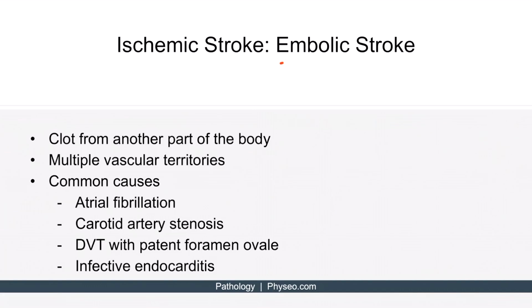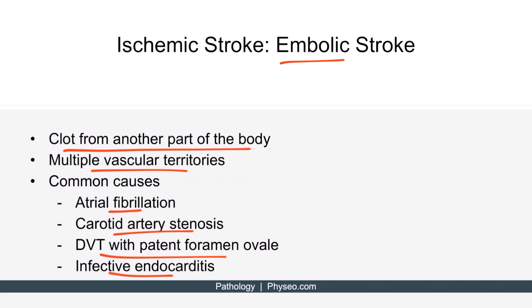Next is embolic stroke. An embolic stroke is caused by a clot from another part of the body obstructing a vessel. It can look the same as a thrombotic stroke on CT or MRI, but importantly, it can affect multiple vascular territories and should be suspected in patients who present with multiple infarctions. Common causes include atrial fibrillation, carotid artery stenosis, patients that have a DVT as well as a patent foramen ovale, and infective endocarditis. The most common source of embolism is the left side of the heart, and the most common affected